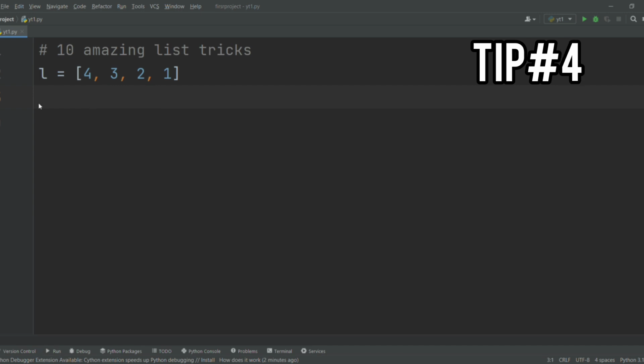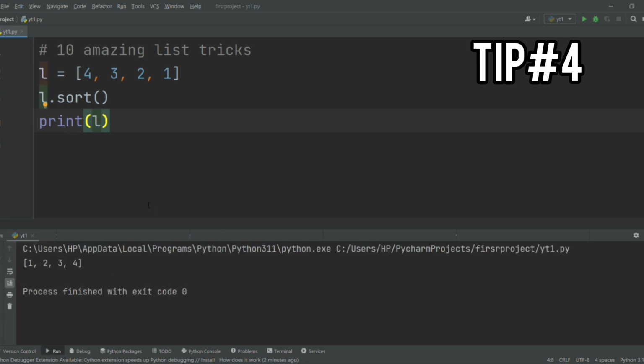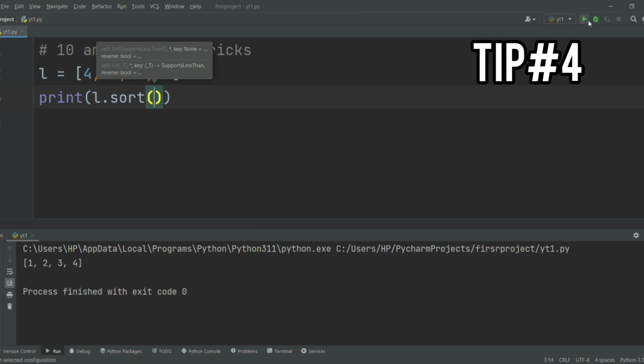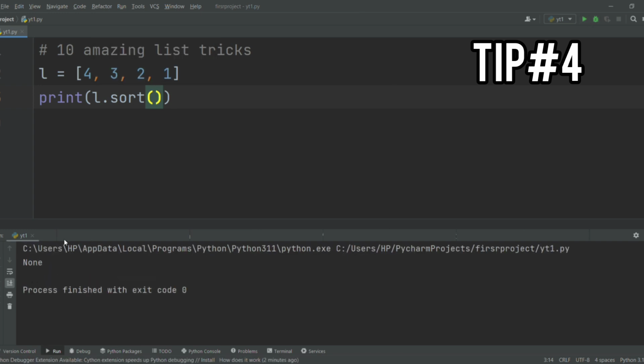Suppose you are given a list and you want to sort this list in ascending order. For that you can use the sort function. You can just write L.sort() and then you can print L. That's it. This will sort the list. Most beginner coders write print(L.sort()) directly, but that's a mistake because when you run this code, it's going to return None. That's why it's important to print L after using L.sort(). You should keep this point in mind. And with that, let's move on to the next step.